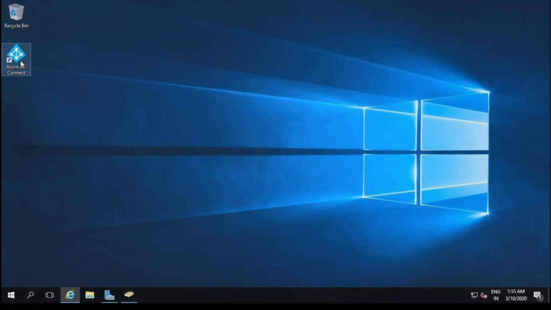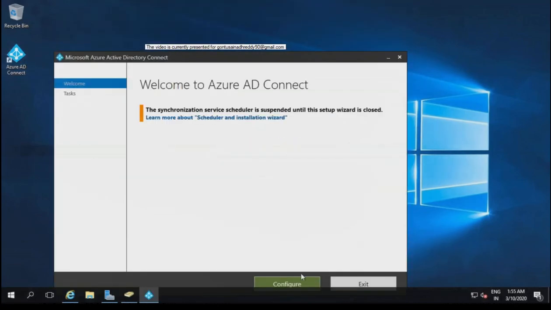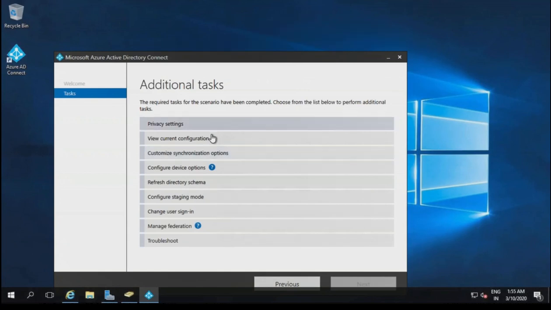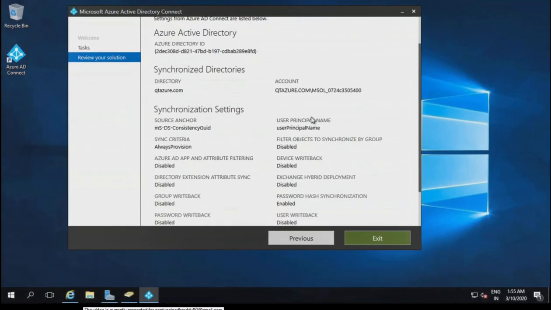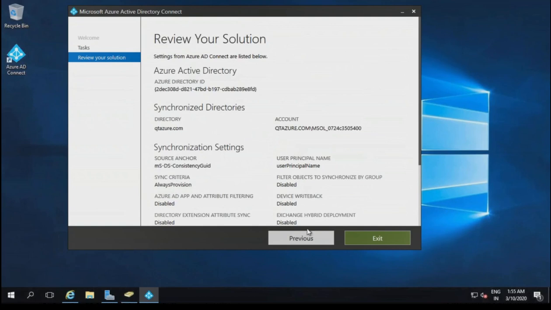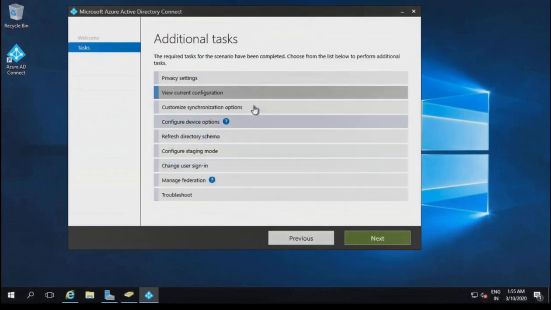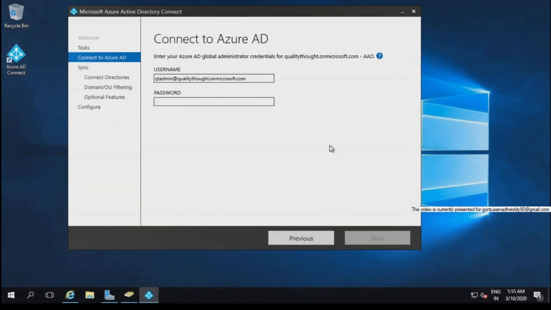I'll go over here. Configure. View current configuration. Next. So you are seeing these are the current configurations which I have. And then customize synchronization options.